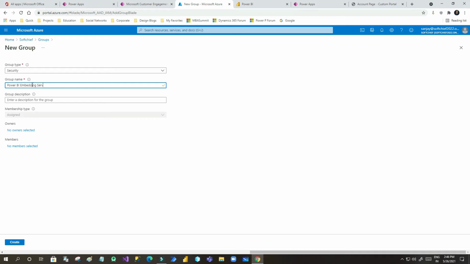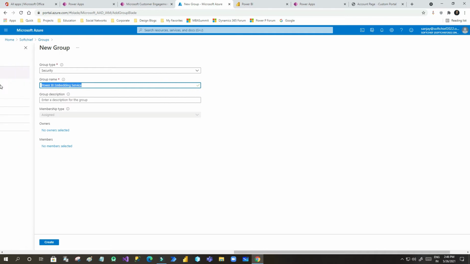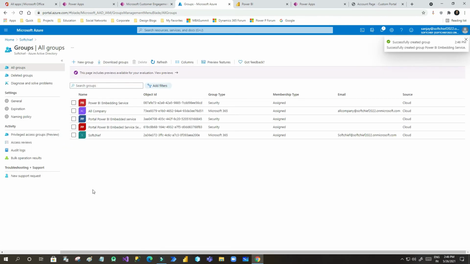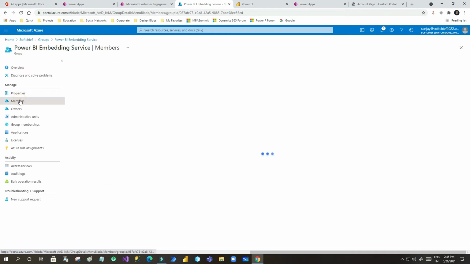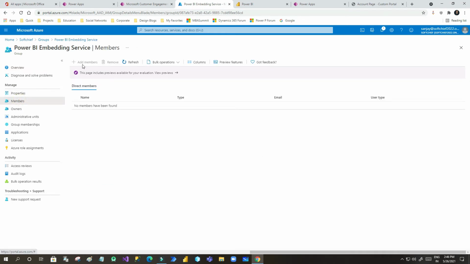This is my group name, and I will give the same as the group description, and I can click create. Now this has been created, Power BI embedding service. Click on this group, and in the group you have to go to members, and in members you have to add a member.